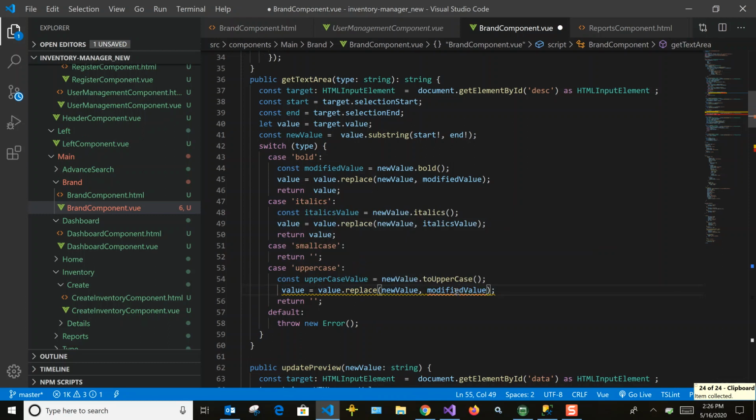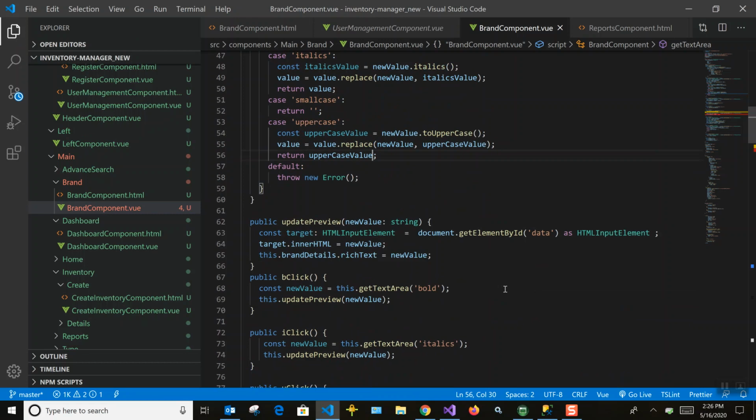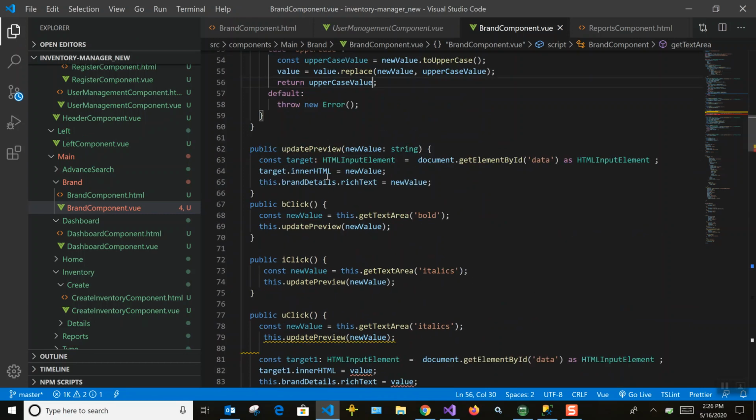so most of the remaining things I already coded, because if you do parallel coding and explaining, it will take more time. So this is the preview updating part.